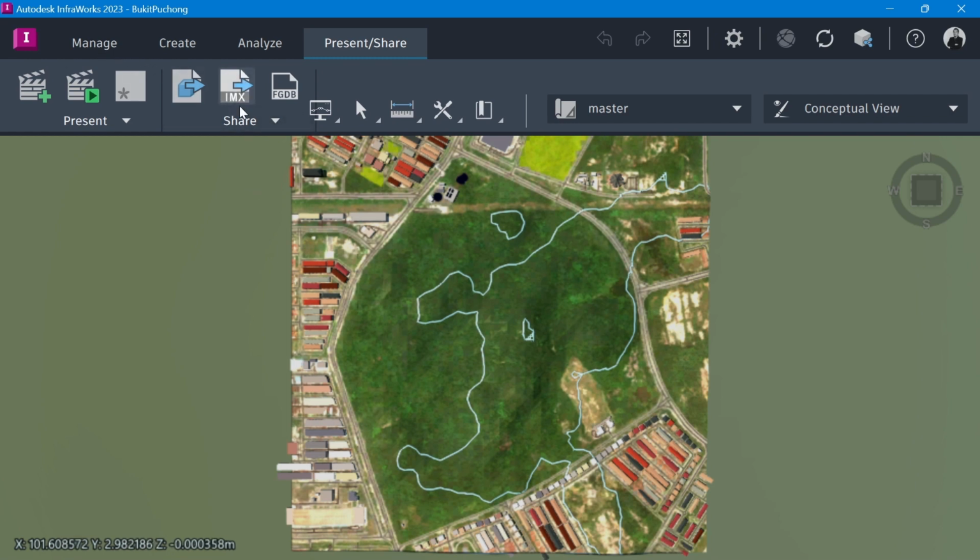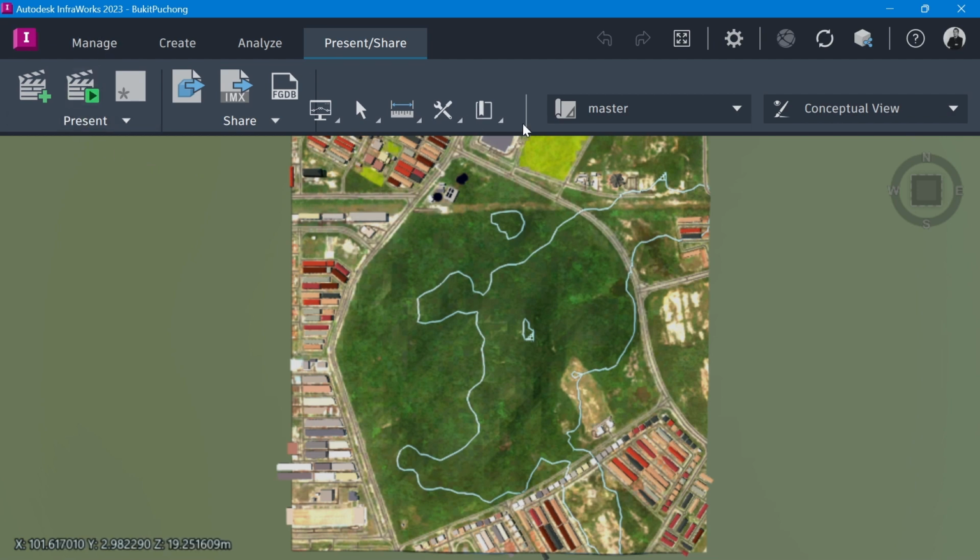So you can create the IMX model from your InfraWorks model and bring it to AutoCAD Civil 3D later. And then presentation here, you can create, let's say, a moving scene, looking as if you're moving along the road, something like that.